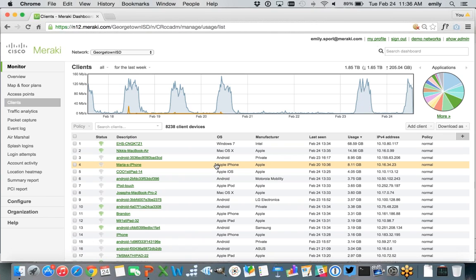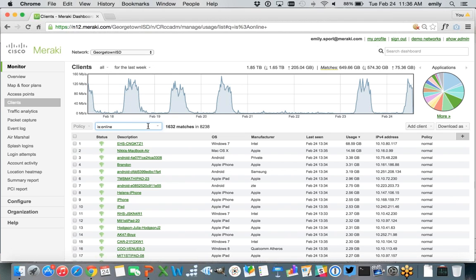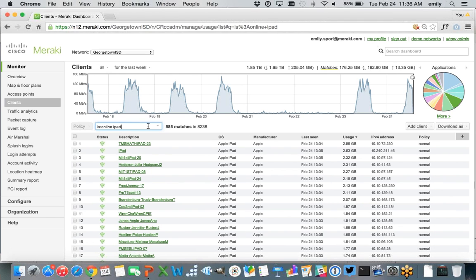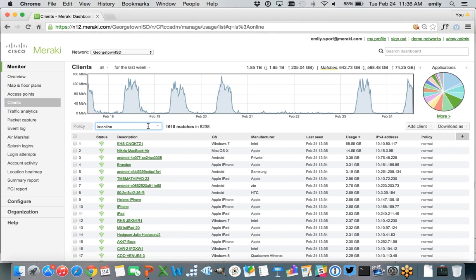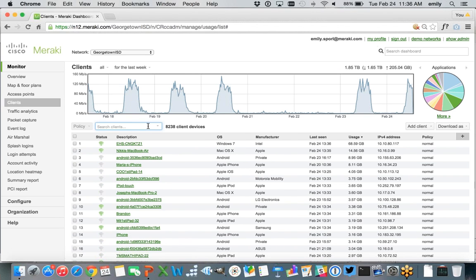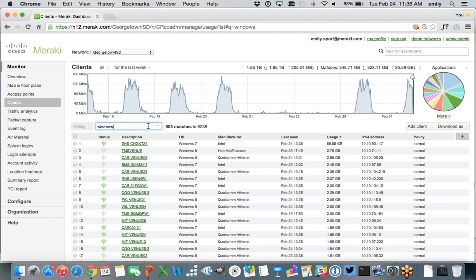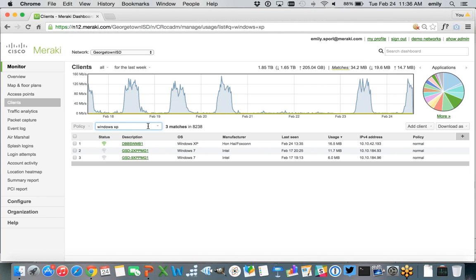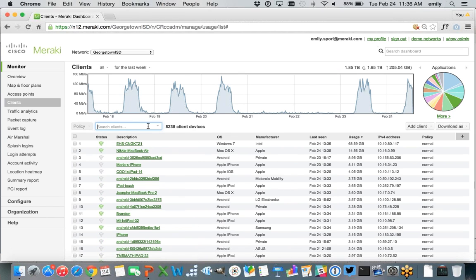We have what's called client device fingerprinting. So you're able to come in and do things like say, all right, well, who's online right now and who's an iPad? So right now we have 585 iPads that are online right now on that network. We could look for devices by operating system if we wanted to, maybe drill down and try to see if there's any legacy operating systems if we're concerned from a security standpoint.